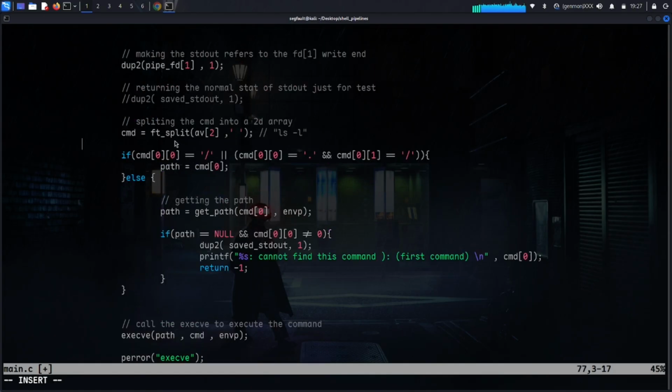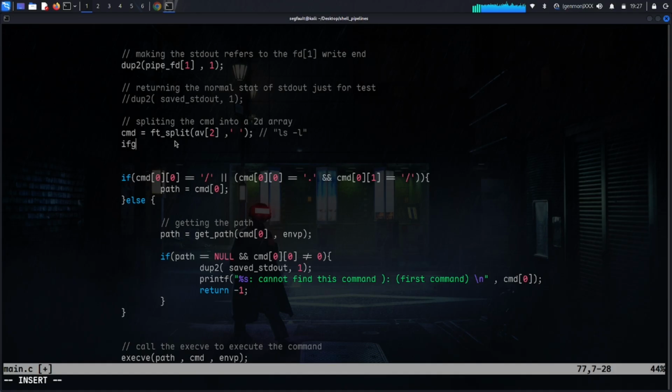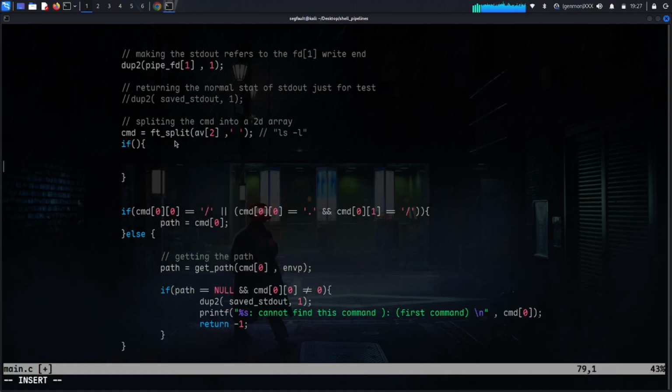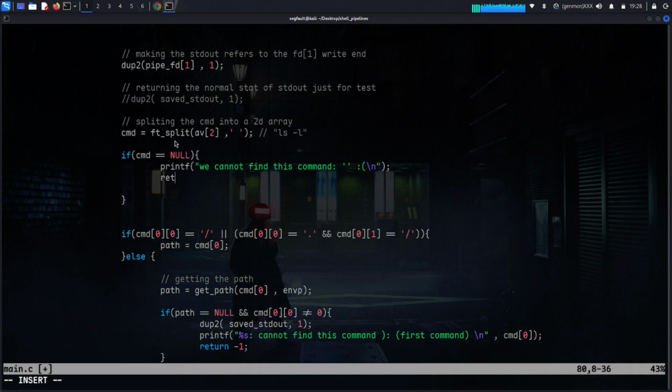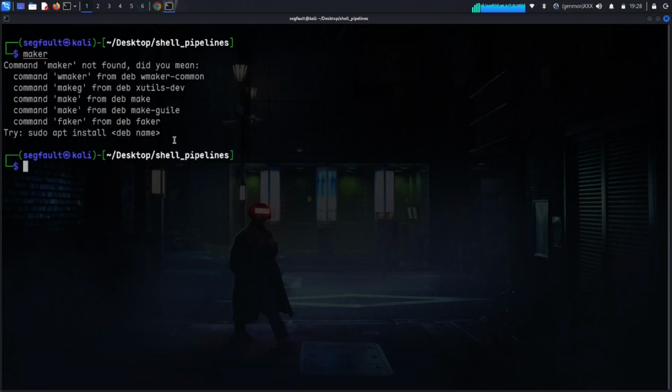Alright, and I'm going to go up here, if cmd equal to null, then I'm going to printf, and we cannot find this command, which is empty one, then set face, then new line, then return -1 like this. So make,